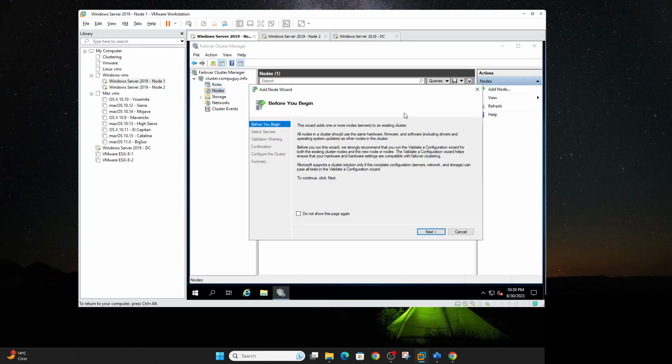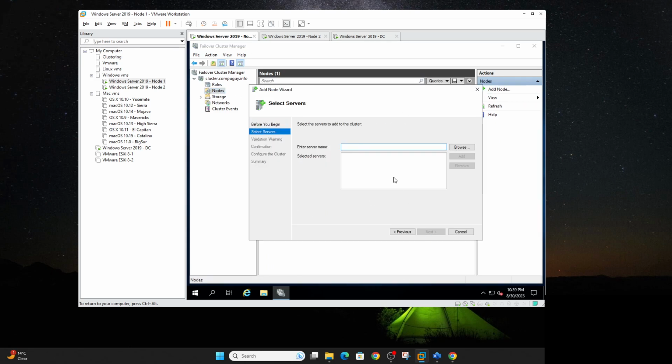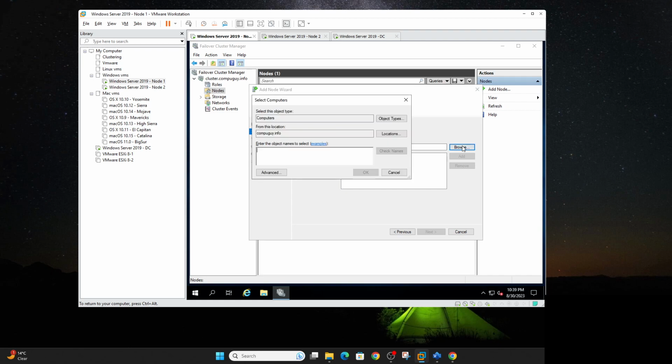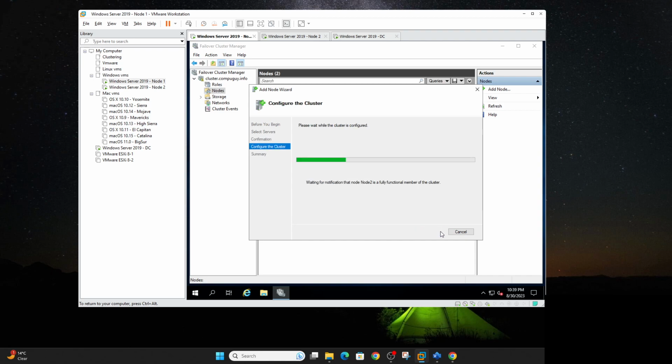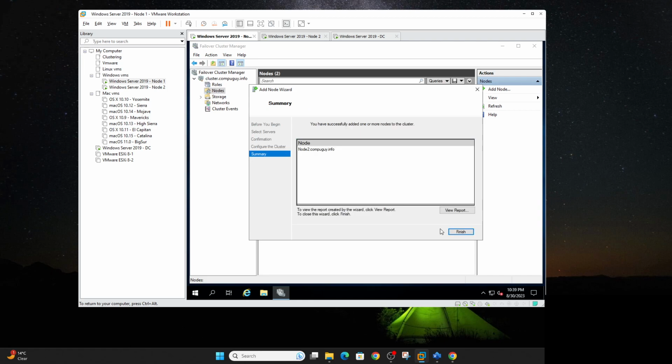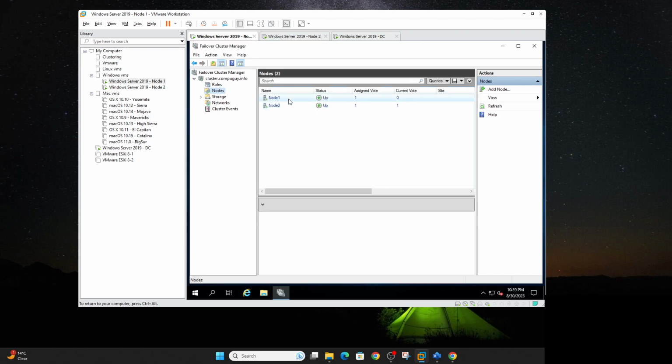So we'll add node 2. Browse node 2. And now we have 2 nodes. Now we have a 2-node failover cluster. One can shut down, the other one will take over. But we don't have anything at all on